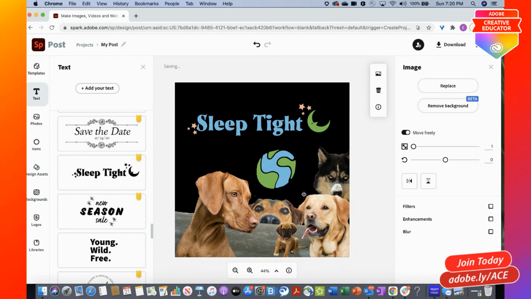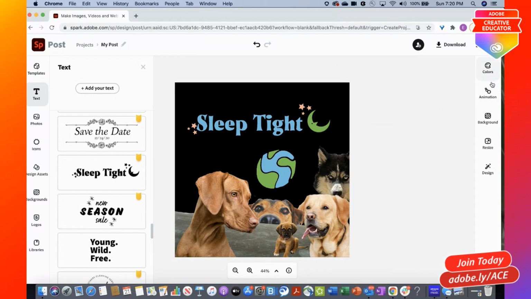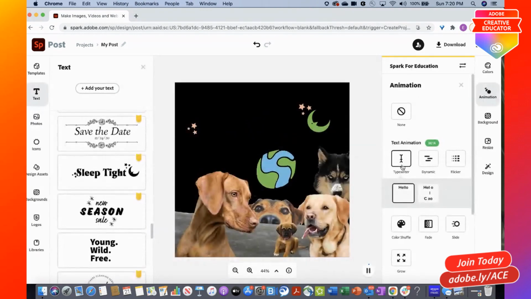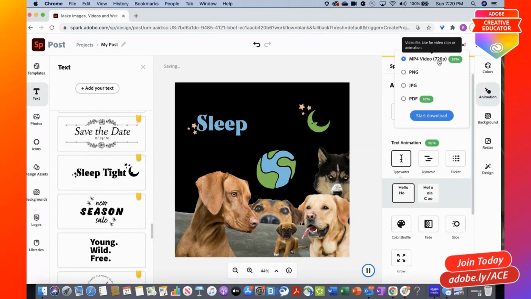looks really good. Now, this is a beautiful graphic, and if I want, I could save it as a JPEG, PDF. I can share it again. As I mentioned, I could publish it. But what I'm going to do right now is show you what else is possible, because I can also animate it. So when you have text on there, you can animate the text and save that as an MP4. Okay, so if I wanted to save that as an opening for my YouTube channel,